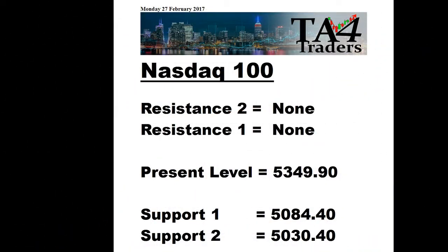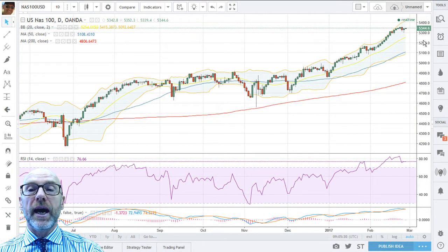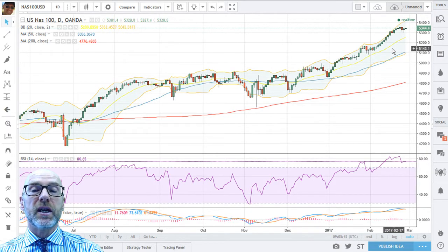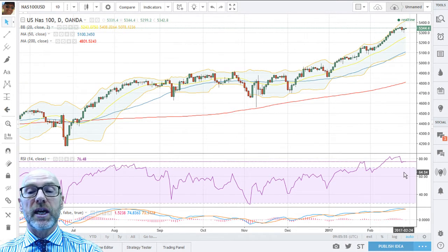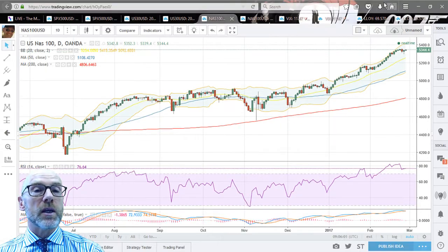Supports in NASDAQ are 5084.4 and 5030.4, and they should be tested in the short term, down at this level around about the 50-day. Again, the moving averages are giving support because they're moving upwards, but expect this 5084 level to be tested. Time span, I would say within 2 to 4 weeks, around that. As I said, let's highlight again, the RSI had a double top, is losing momentum, and the MACD is rolling over. On the weekly,